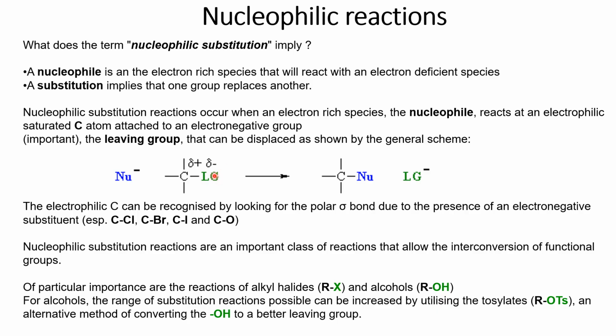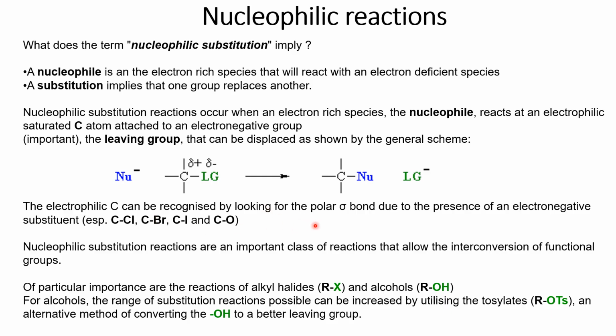any halide group usually. Then Nu minus is nothing but nucleophile. Nucleophile, as I told you, it is electron rich. So while writing itself, we have to write it as Nu minus only. So when the nucleophile is going to attack this carbon, it is getting attached to the carbon, whereas the leaving group, name itself leaving group, so the halide will go out. The electrophilic carbon